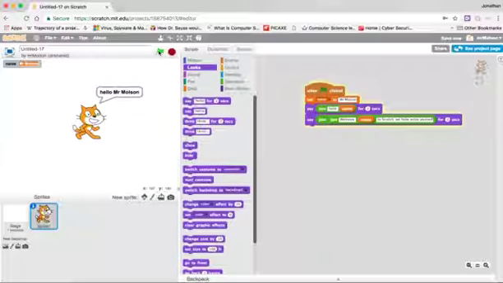and as you can see, it says hello Mr. Molson. Now, every time I want it to output Mr. Molson, I just need to use the variable. I just need to put name. Alright, so I can use it again. I can go to operators. I can say sing, and I can say, so hello Mr. Molson. Welcome